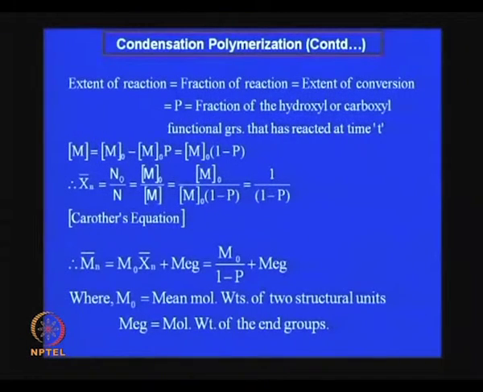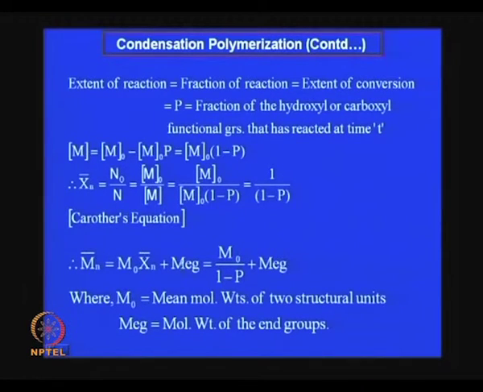You have to go for numerical calculations: calculation of polymerization rate, calculation of polymer growth, calculation of percent conversion, calculation of molecular weight of the product. Yes, please. This M0 and M, these are in terms of molecular weight of the monomers. Of course, sure. Then how do you find this Mn bar, number average molecular weight? This is the number average degree of polymerization multiplied by molecular weight of the monomer M0.